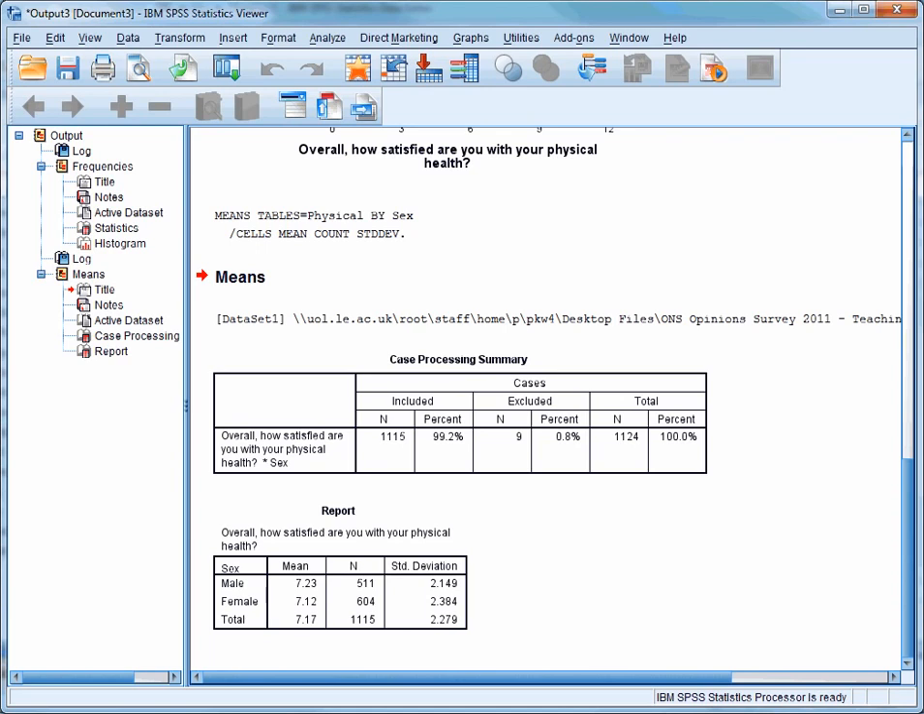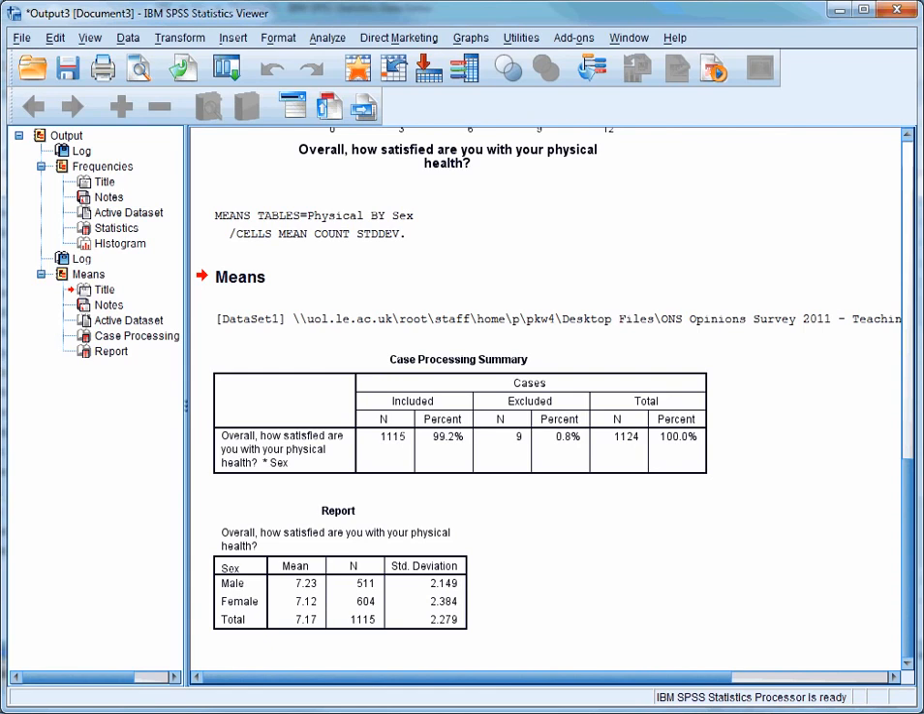cases in the dataset, 9 could not be included in this analysis because of missing data in one or more of the variables. As you can see from the table, this is only 0.8% of the cases, so it's not a serious issue. The second table, at the bottom of the window, shows us the differences in means and standard